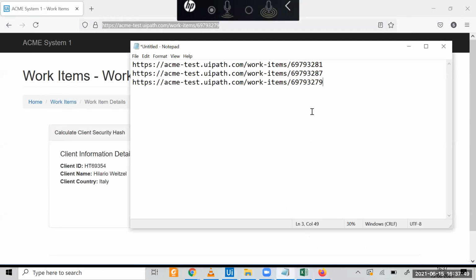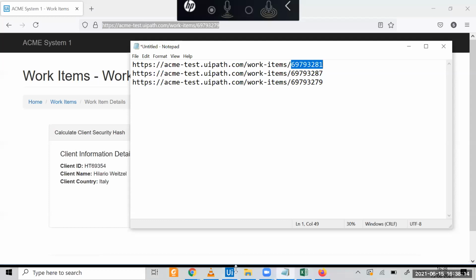So what can you tell about these three URLs? The last two digits only vary. All this part of the string is the same. The only thing that varies is this. This is my work ID number.